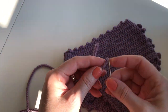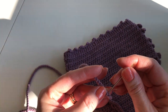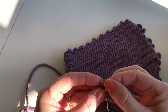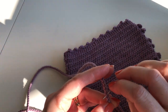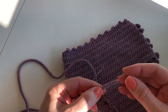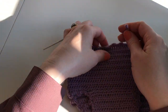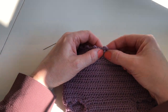And what I did was I go like this. I just put it through here, like the 2 there, and then pull it through, and then I go back up through those 2. See? And then I go down those 2. See? And then I go back up these 2. And I did that for this long. And I just cut the yarn. And now we're going to weave them in. I'm going to do every second. So if we just start here,